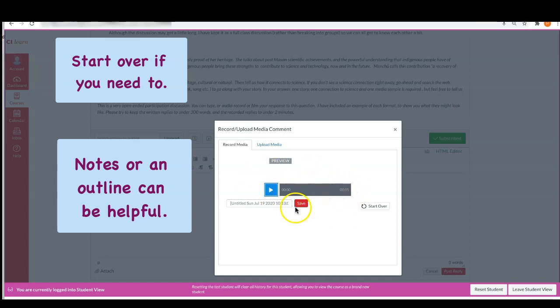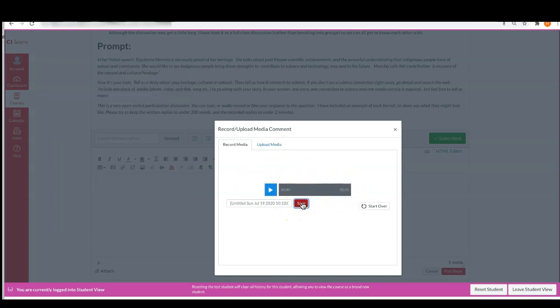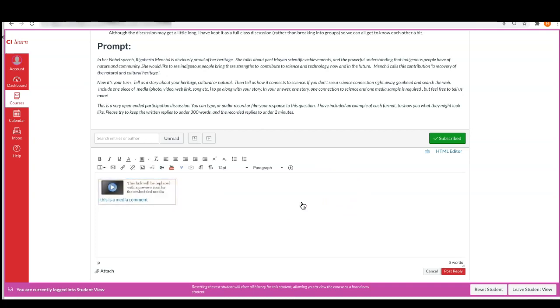Once you've got your recording, you hit save. And there it is. And then you can add pictures or links or whatever you like. For this one, I would like to add a link. So I will say,